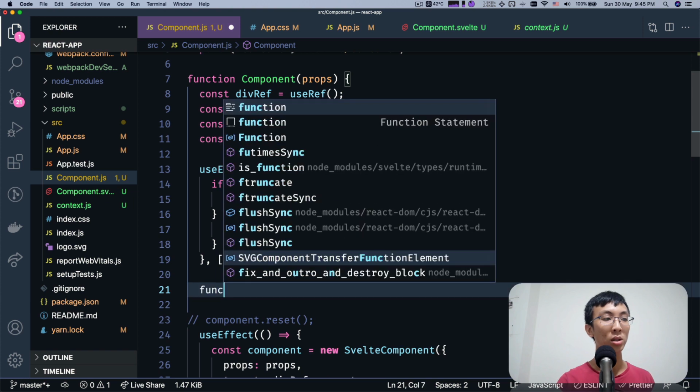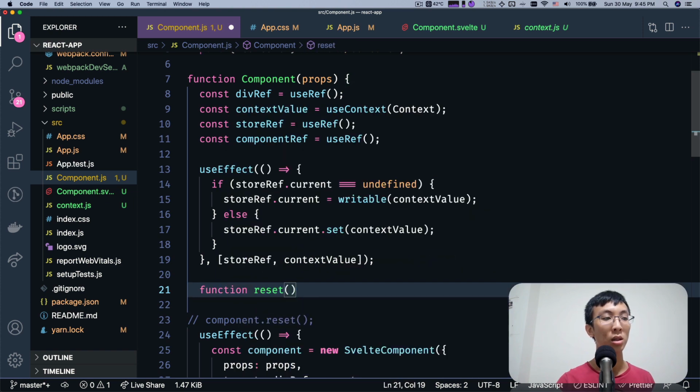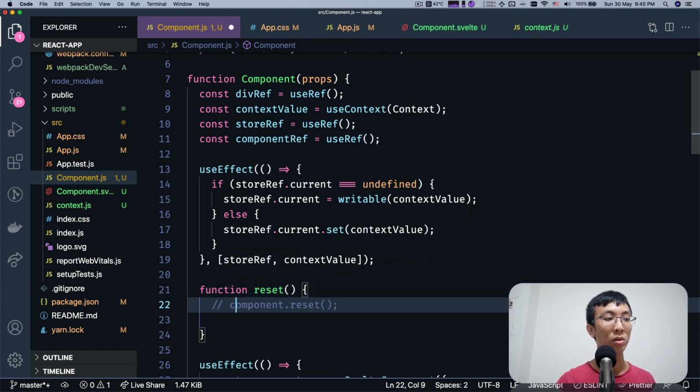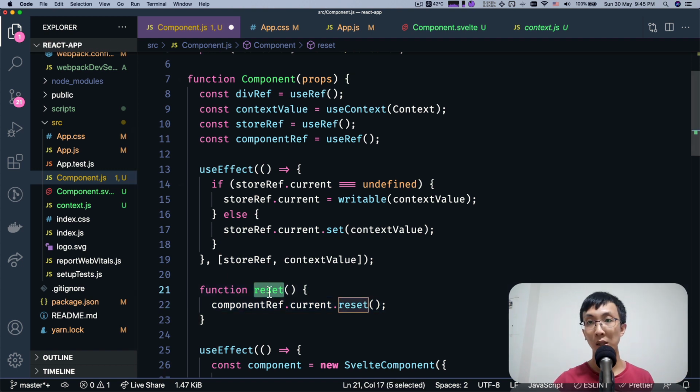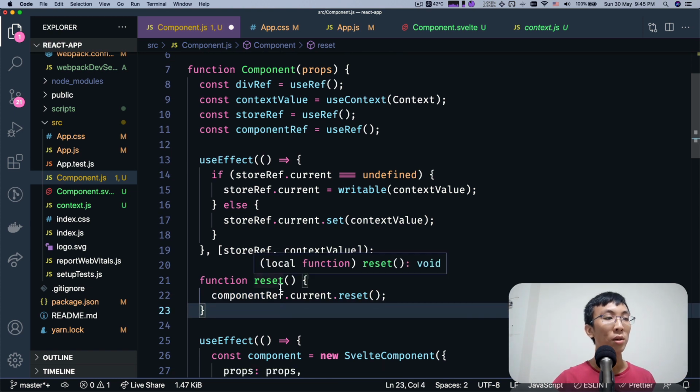So we're gonna implement a function called reset, right? That will do this basically, component ref dot current dot reset. But we need to provide a way that from React able to call this function reset and eventually call this. Right? So what we can do is first is